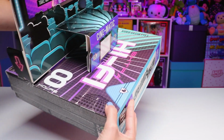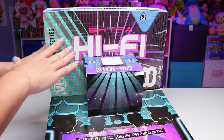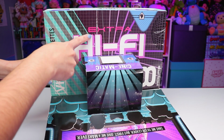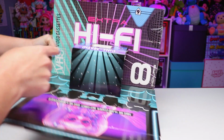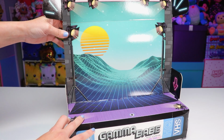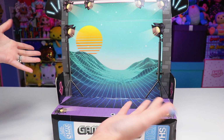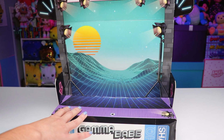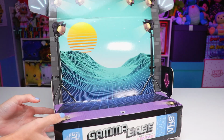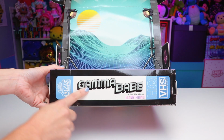And on the bottom, it's easier to see if I flip it, hold on, we've got this really cool 80s looking platform, which is both retro and futuristic. It says extra hi-fi, VHS video cassettes, and 8 hours. And then back here behind the movie theater, we have this filming section where you can make movie scenes or music videos with your dolls. And this one here looks like a scene from a vaporwave planet. Very cool. All right, so that was steps 1 through 3,